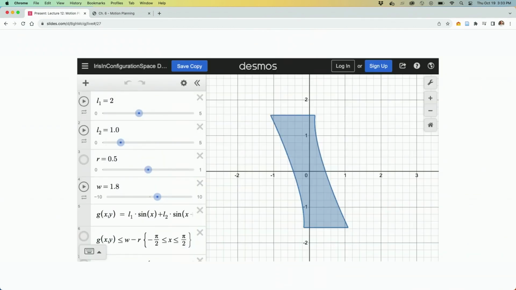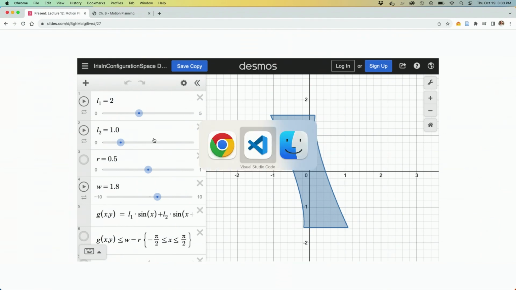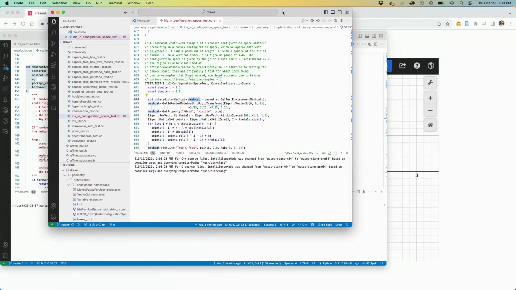Okay, so remember this example from last time? This was my double pendulum that I put down, and this is the hourglass sort of configuration space. It's actually funny, I've really got to make better figures. I was like, what's the best way to make all these figures? And